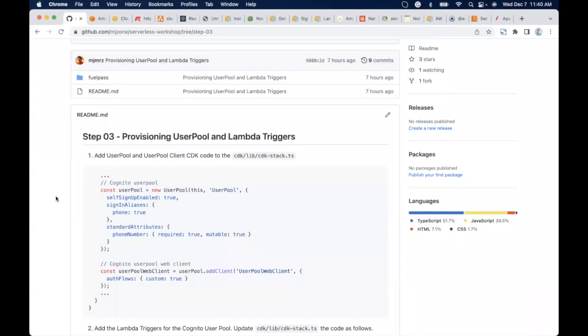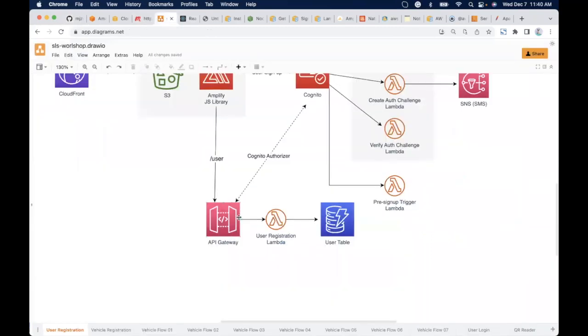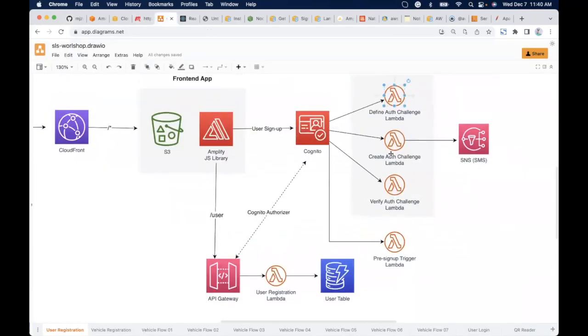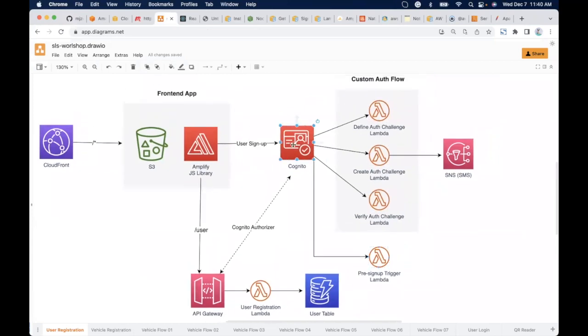Yeah, so in this step, we are going to go ahead and provision our user pool and the triggers. Essentially, we are doing it in 2 steps. First, we'll create the resources, and then we'll create the Lambda functions, and then we'll associate the runtime code of this Lambda function, because in each Lambda function, we have to have runtime code, right? So we have to have logic to define the challenge, create the challenge, and call the SNS service to send SMS to the user and verify the challenge, and also